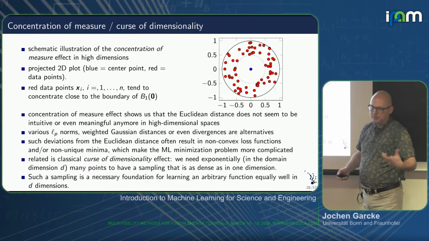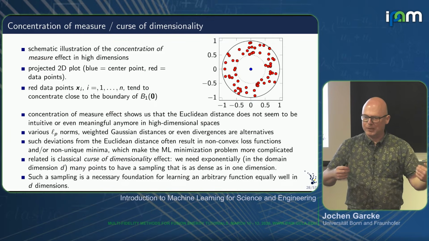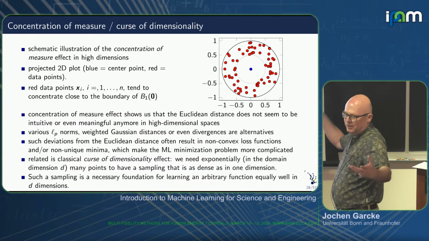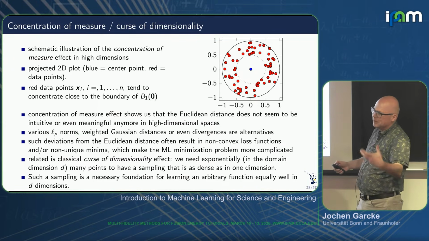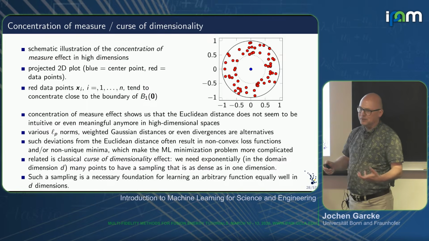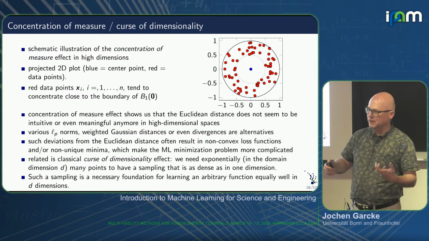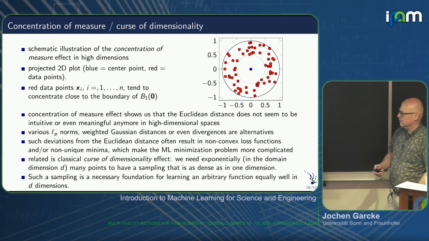And the same thing occurs with the curse of dimensionality. If we sample data points, say 10 data points in 1 dimension, then in 100 dimensions we need 10 to the power of 100, which we will never be able to get. So in the same sense, to beat the curse of dimensionality in data fitting, the hope is that there is some manifold on which we are living. But of course, it's not clear how we can find that.